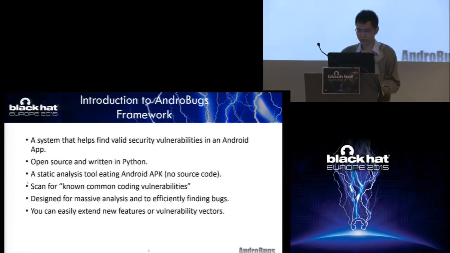Okay, so let me introduce AndroBugs framework. It's a framework that helps you find valid security vulnerabilities in Android applications. And it's open source and written in Python. And it's a static analysis tool for Android APKs, so it doesn't need your source code. And it scans for known common coding vulnerabilities, which also means that it does not scan for your logical security issues. And it's very efficient and doesn't need too much time to scan your applications. And you can easily extend new features